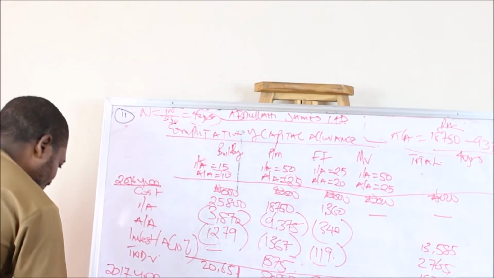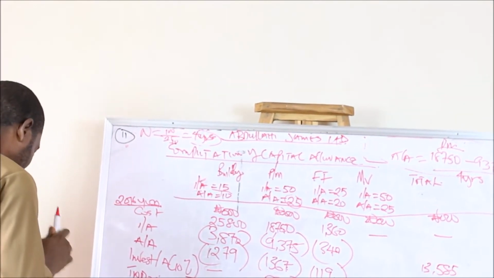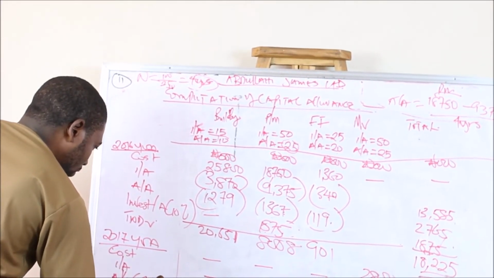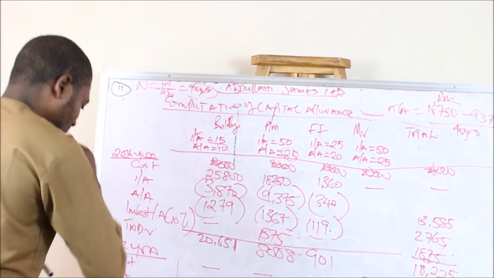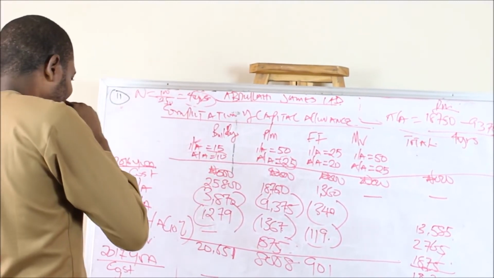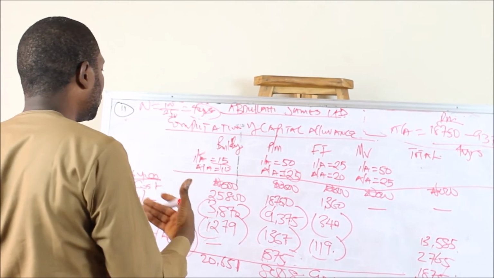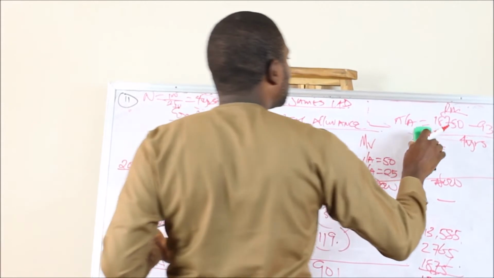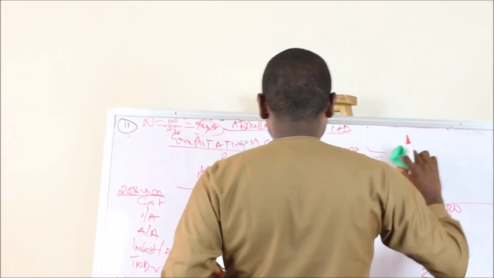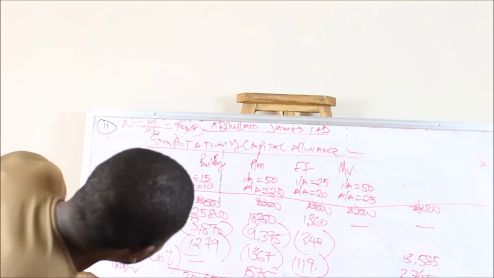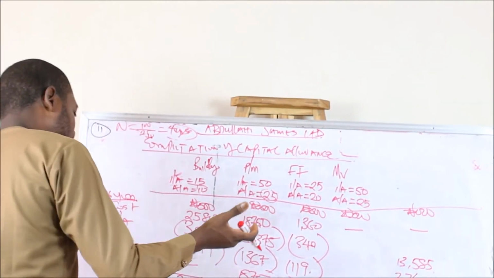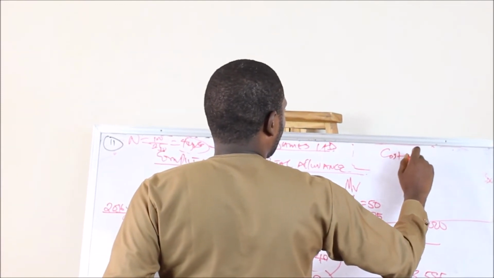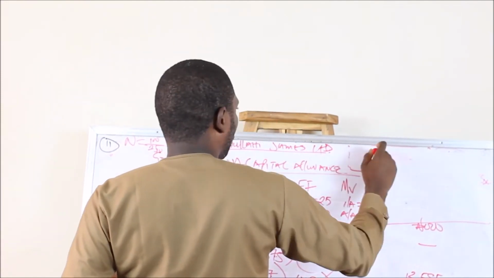Then we now say annual allowance. Let me put old asset here, on the old asset. Remember, as I said at the beginning, if you want to determine your capital allowance, the straight line method is used. So if I want to determine capital allowance for the subsequent year, I'll just go and say the cost of the asset. Now, let me start with the building.